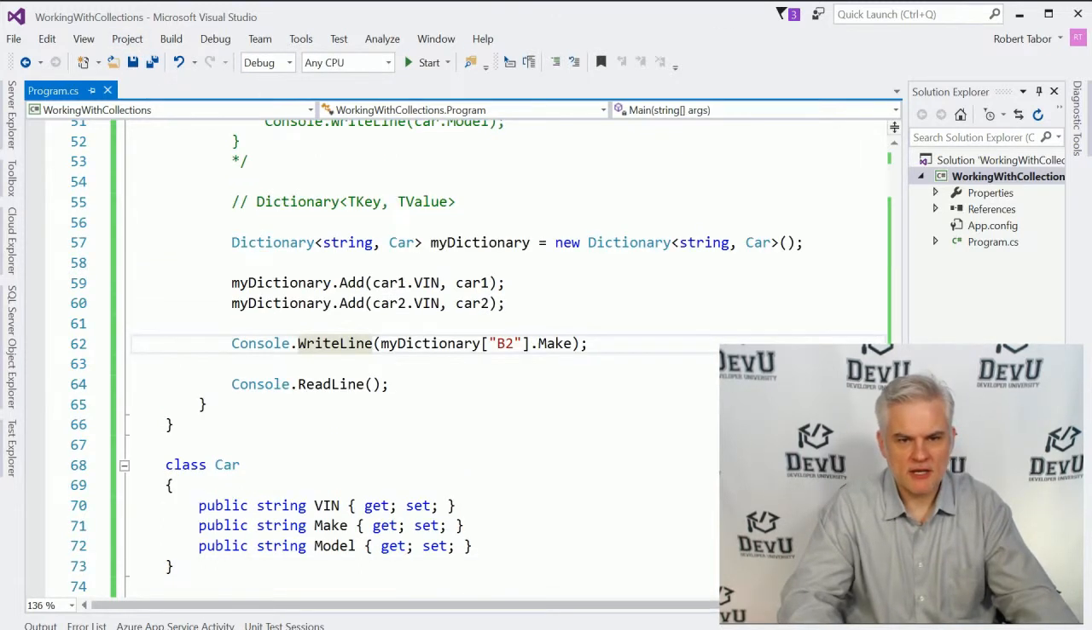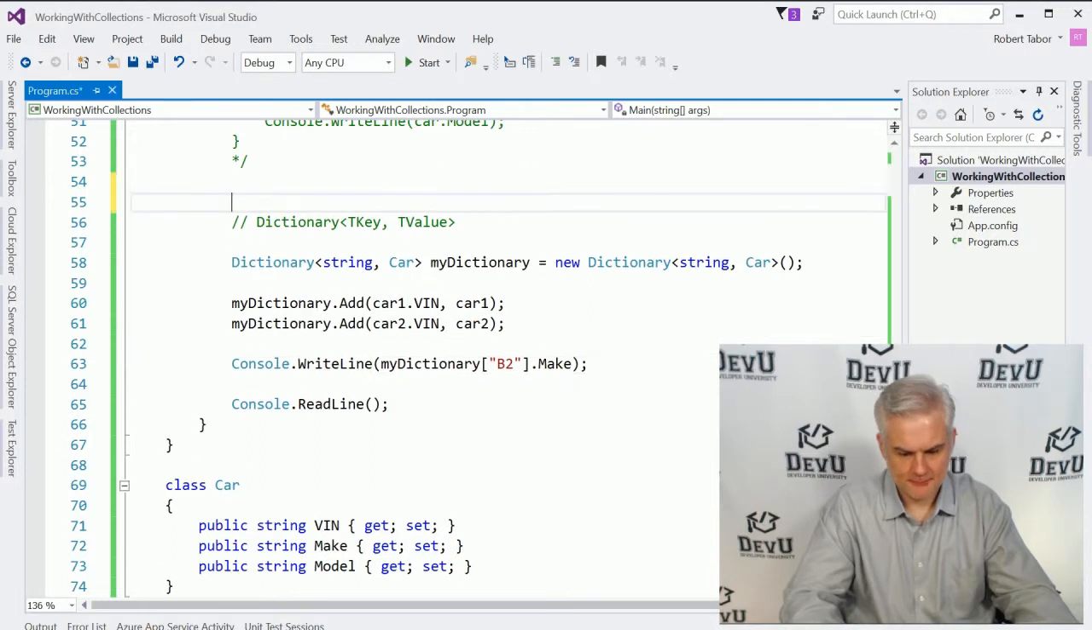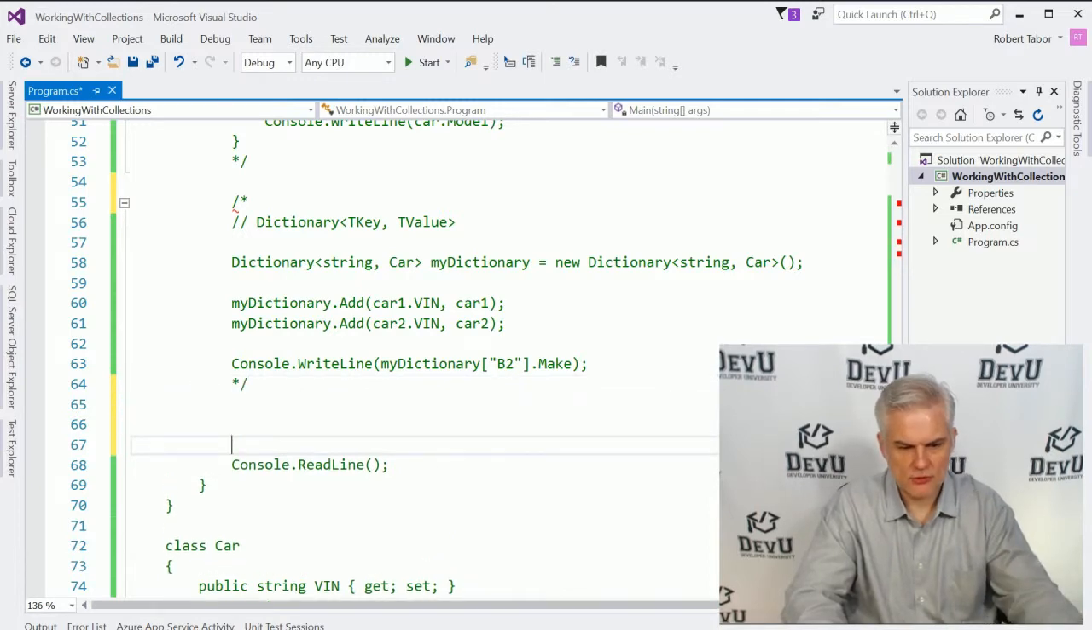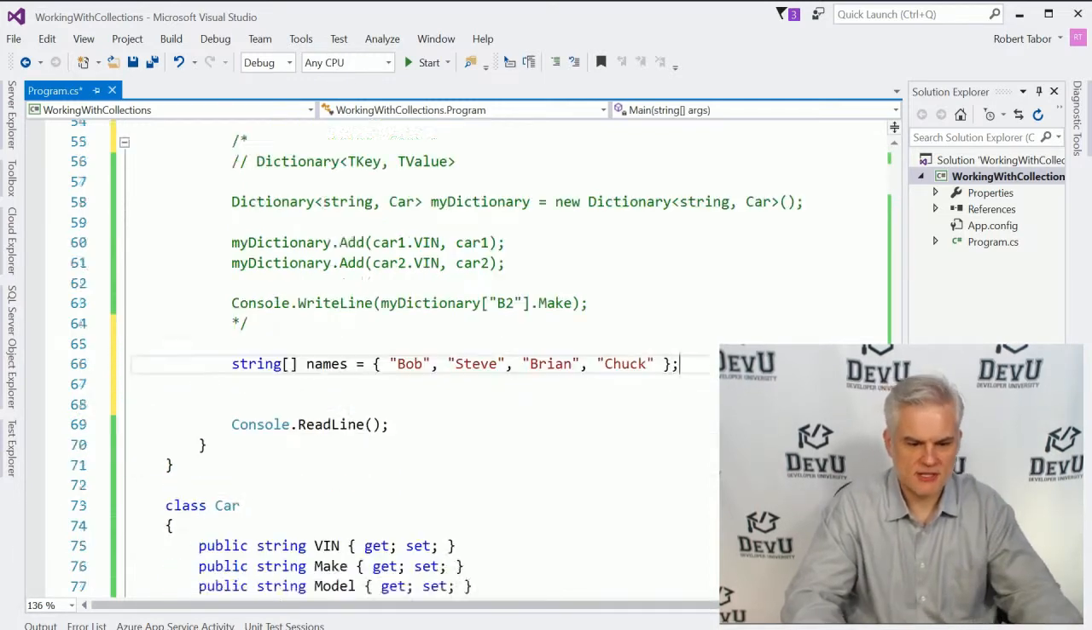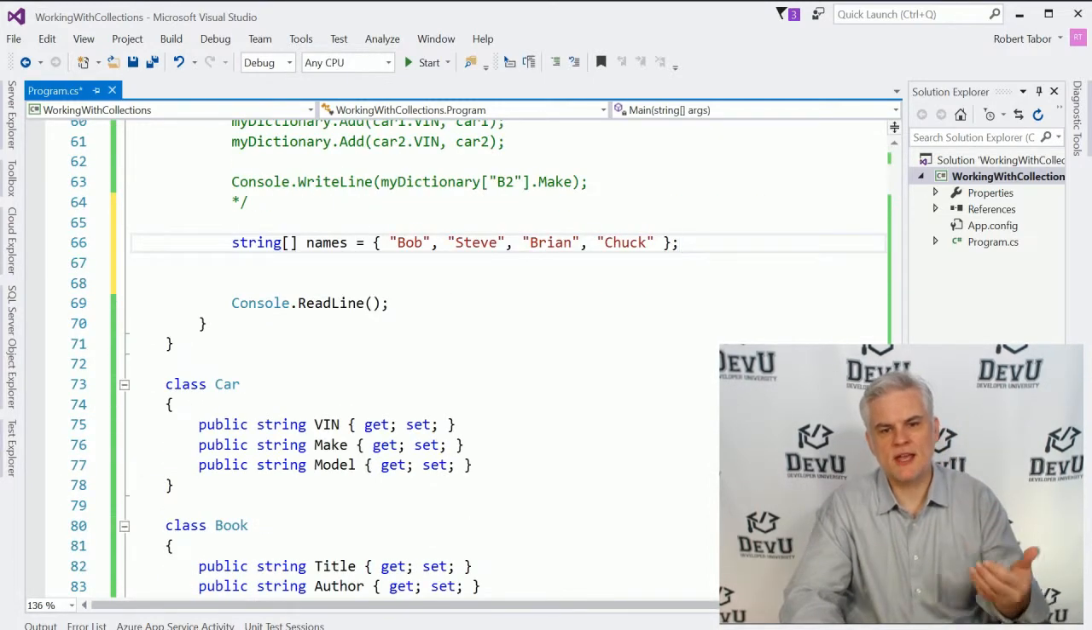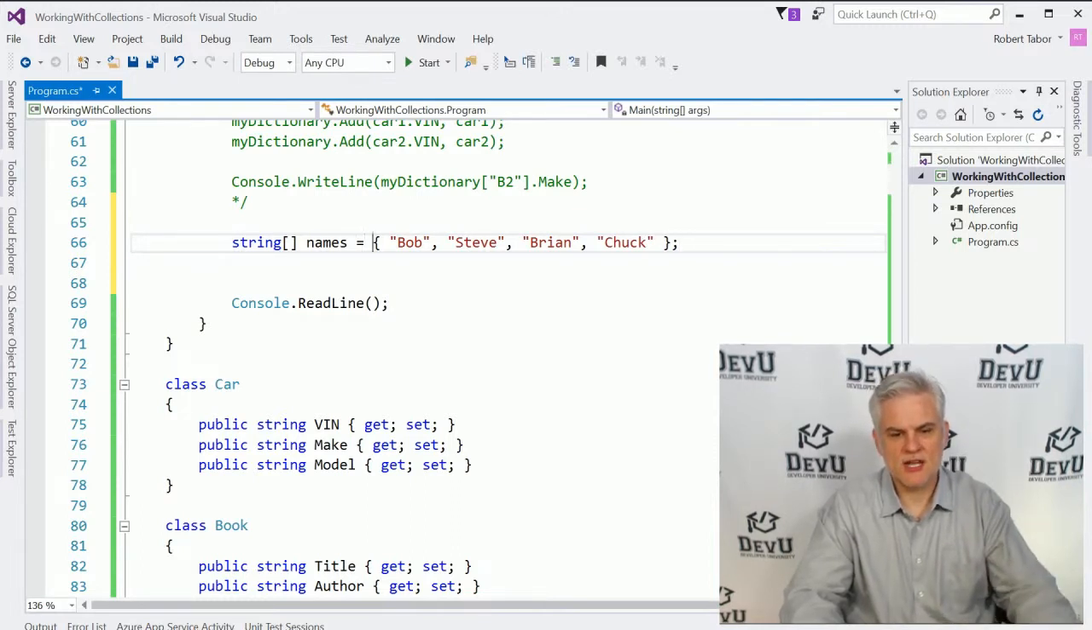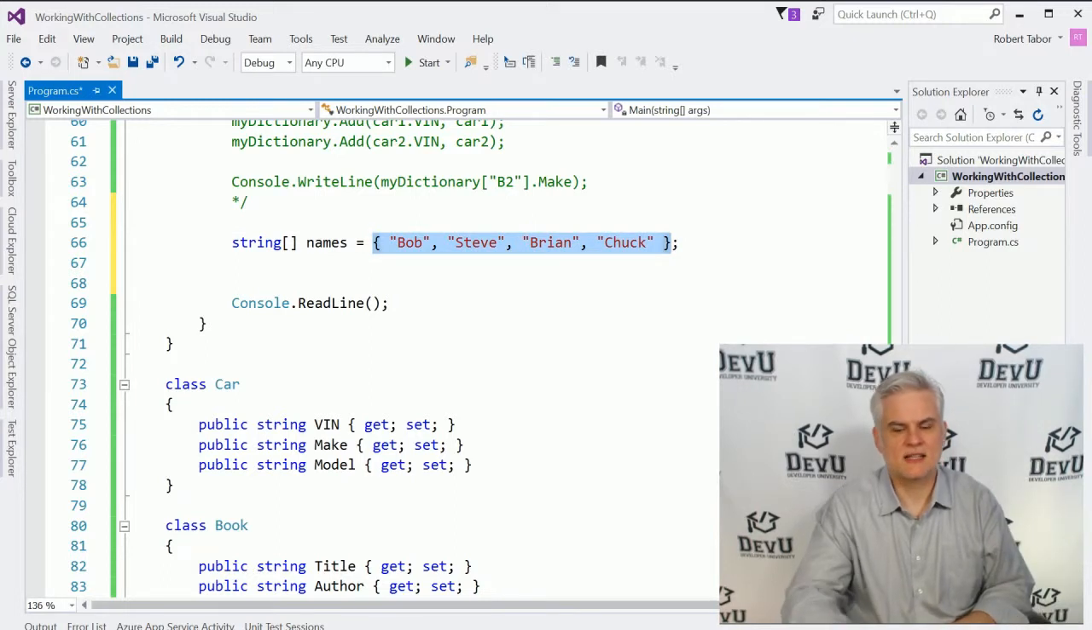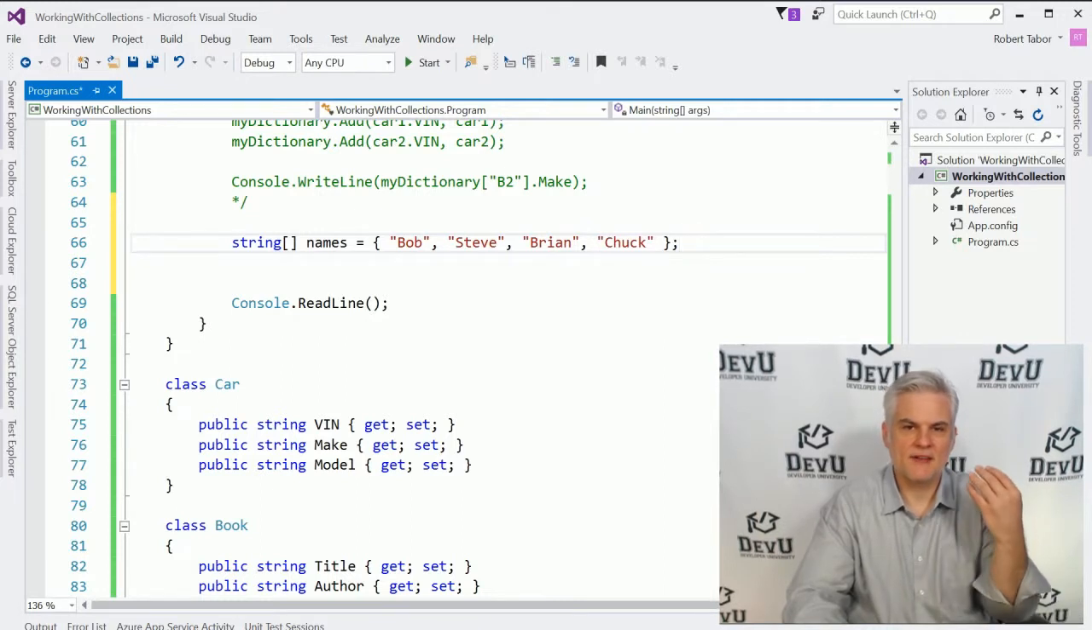Let's continue on. If you recall, when we originally were looking at, and let me comment all this out, we were looking at arrays. I said there's some interesting things you can do to initialize an array with values like we see here. Here we're creating an array of strings called names, and to initialize it I give it a collection of names that are comma delimited. And so now I have an array that has 4 elements in it, and it's already been initialized with the